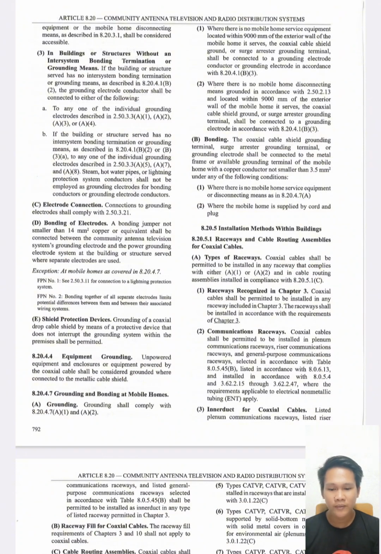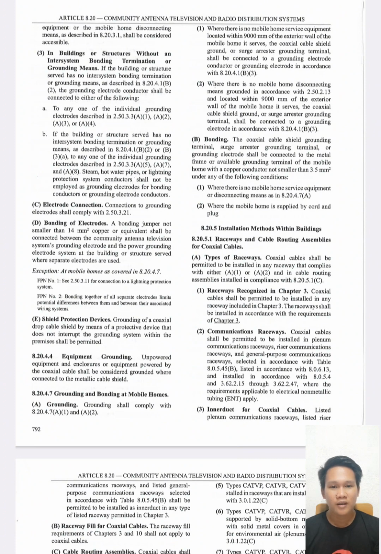A. Grounding. Grounding shall comply with 8.20.4.7a, A1, and A2. First, where there is no mobile home service equipment located within 9,000 mm of the exterior wall of the mobile home it serves, the coaxial cable shield ground or surge arrestor grounding terminal shall be connected to a grounding electrode conductor or grounding electrode in accordance with